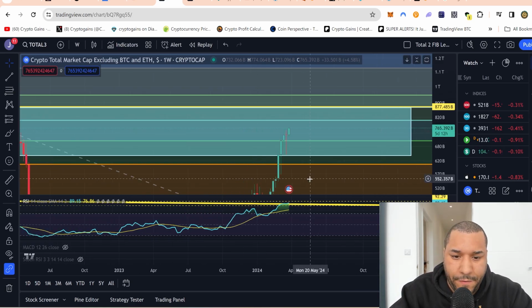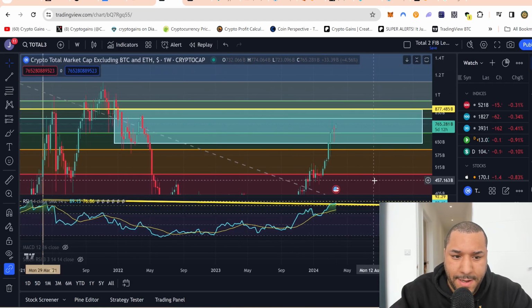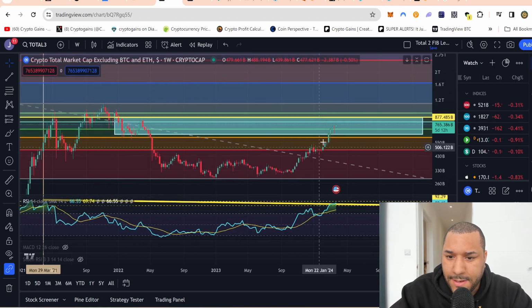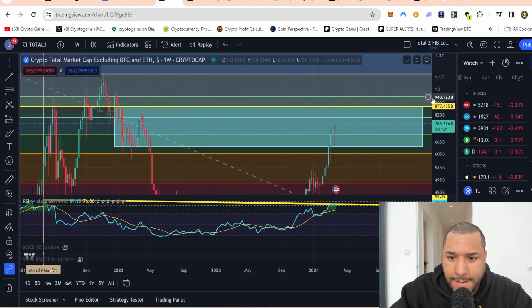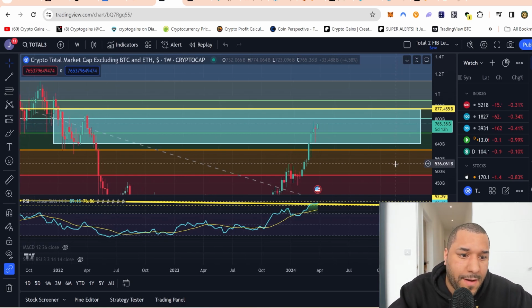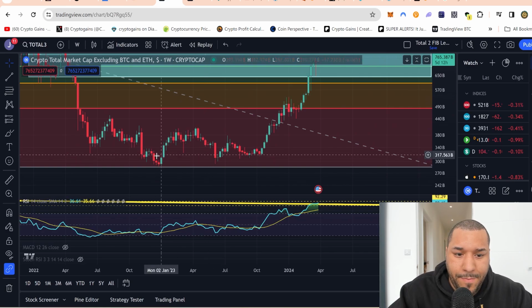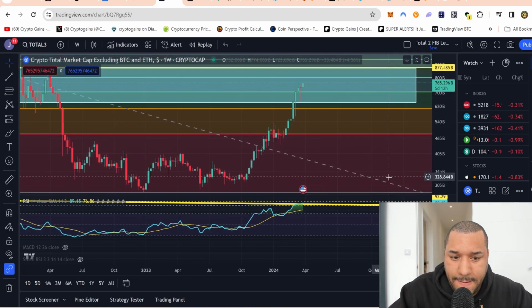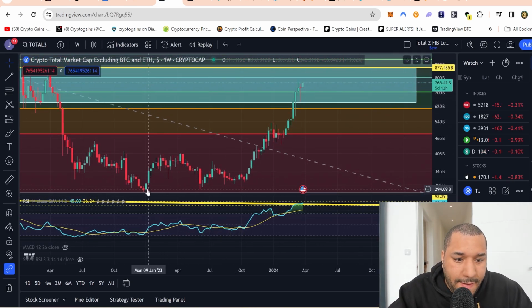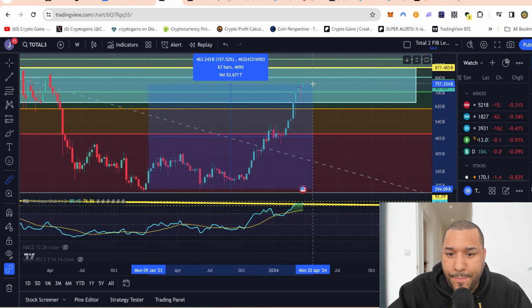I've been showing this chart for a long time. And I said to you guys that when it comes up to here, this is my target. Like, I've been buying down here. This is my target. And this can probably be a good zone. And it's not financial advice to consider maybe taking some healthy profits. You don't have to sell your entire life. But if you've been down here and you've been buying down here like I've been buying down here, you're up in significant profits. And when you look at the market cap of all altcoins, it's 162% up,